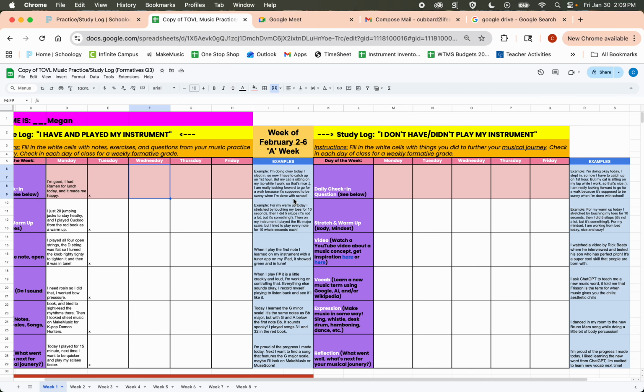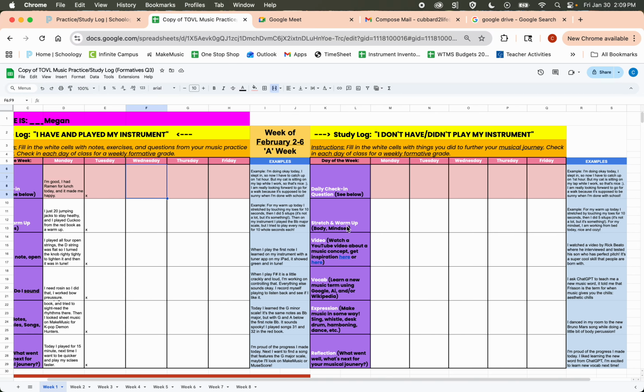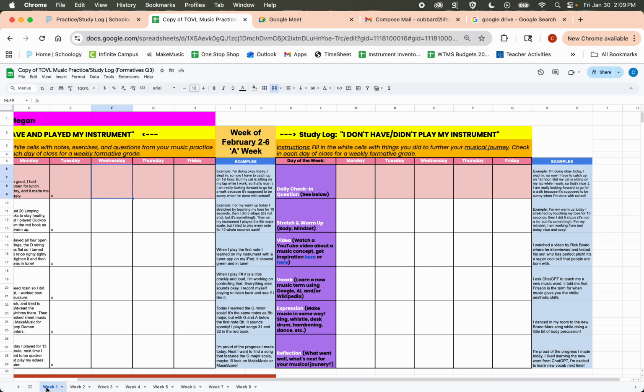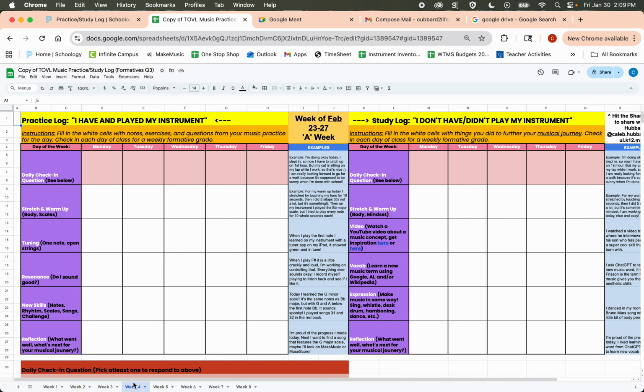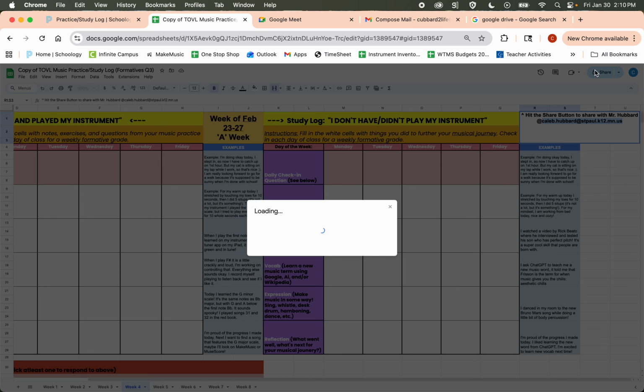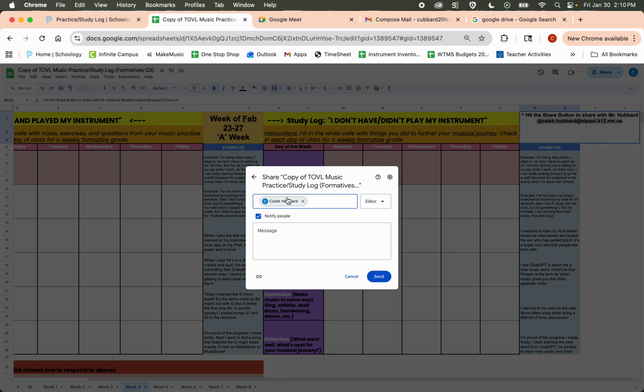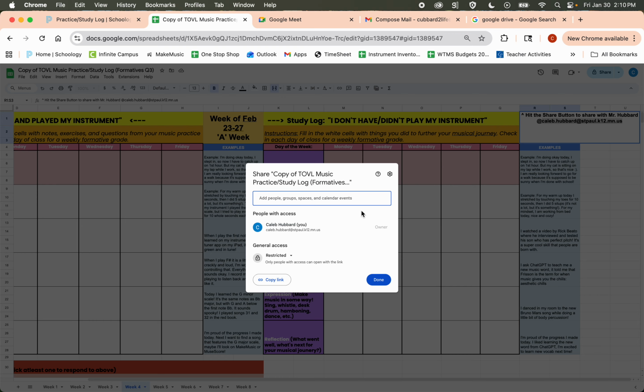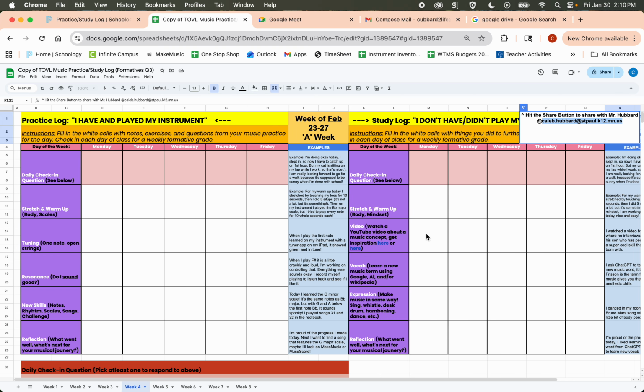Otherwise, a nice, easy way to share this with me, Mr. Hubbard, is to go up here. And I have in here, I guess I got to fix where that's on, but it says right here, hit the share button above, which is right here in blue, to share with Mr. Hubbard. And it's got my email there, so you can just highlight that, copy it, and you're going to share, and you can paste it up there to share with me. And you can send it my way, and I'll have access to this document so I can keep track of what you did. Otherwise, you can do screenshots and email it to me, or submit it on Schoology when I have an